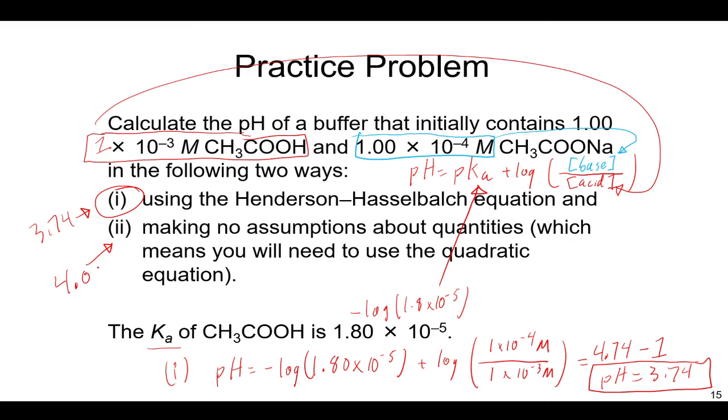So returning here, without any assumptions, 4.06 is the pH, which is 10% or so different than what the Henderson-Hasselbalch equation tells us. Usually the Henderson-Hasselbalch will be a very good approximation of going through the full quadratic formula. Here it is not, and I'll tell you why. The Henderson-Hasselbalch equation will fail if the initial concentrations are small, and here they're pretty small. 10 to the negative 4 molar is really tiny. For Henderson-Hasselbalch to really be a good approximation,